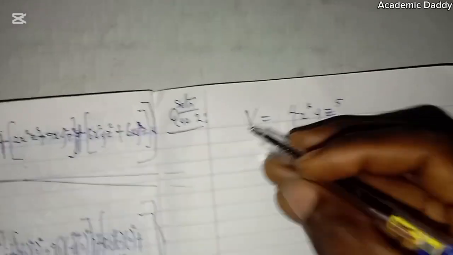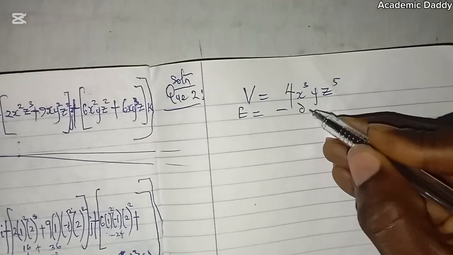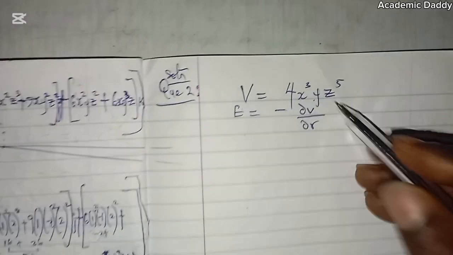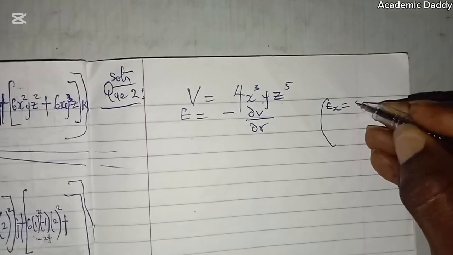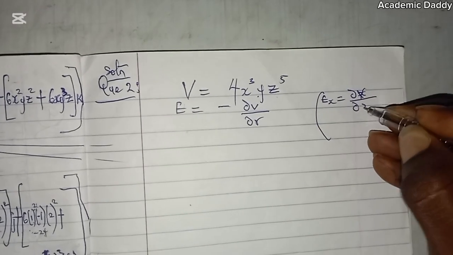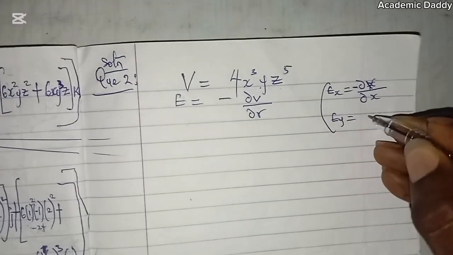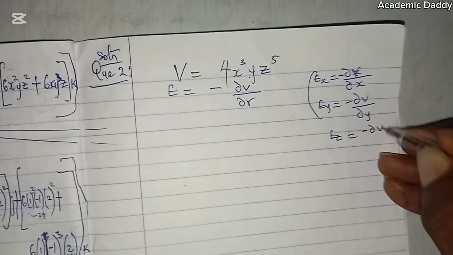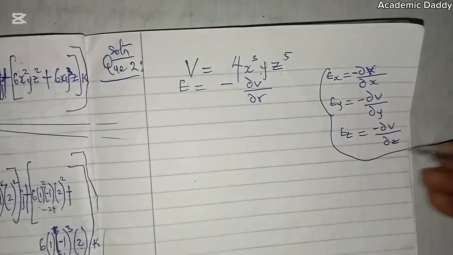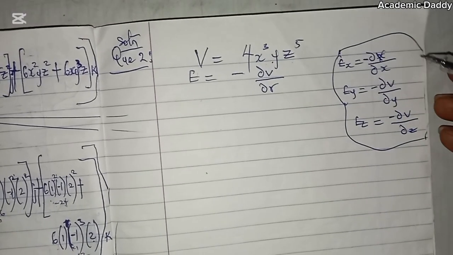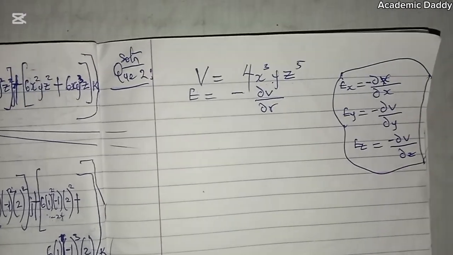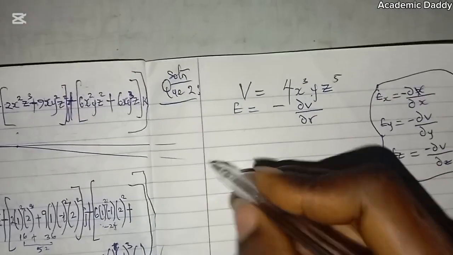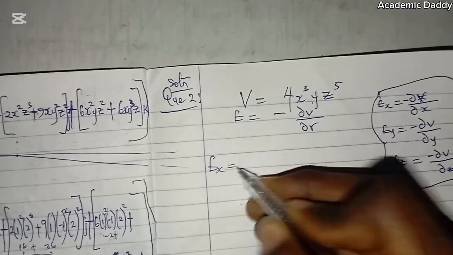So I will need to say that E is equal to negative change in V over change in R. And since we have X, Y, Z here, it simply means that E on the X will be negative change in V with respect to change in X. On the Y axis, it will be negative change in V with respect to Y. And on the Z axis, it will be negative change in V with respect to Z. So if I know this, let me differentiate it. E on the x-axis will simply be